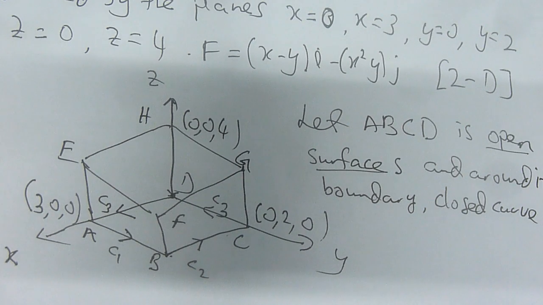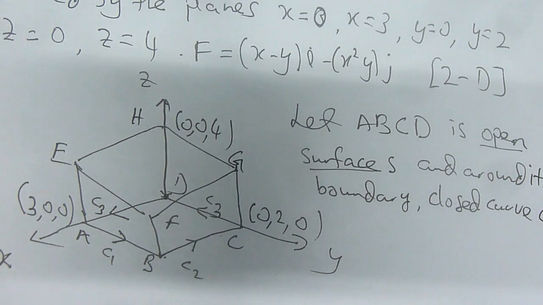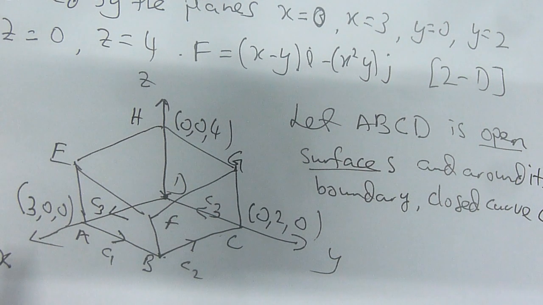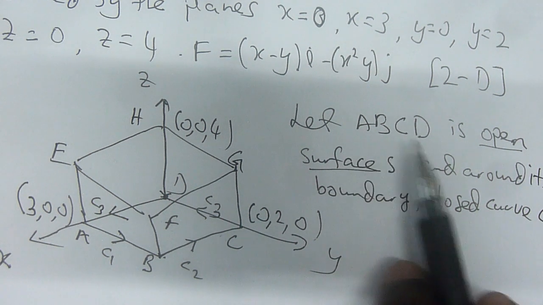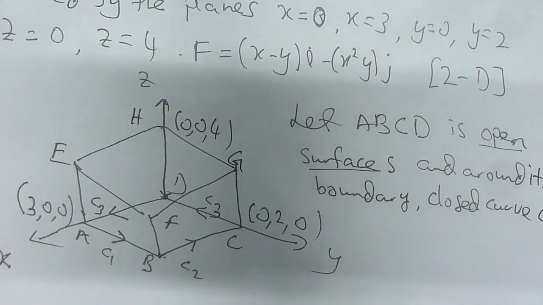Many students get confused when they start looking at any polygon with a volume, or 3D, and immediately they start thinking about the Gauss divergence theorem. But you must remember, if ABCD is provided to you,